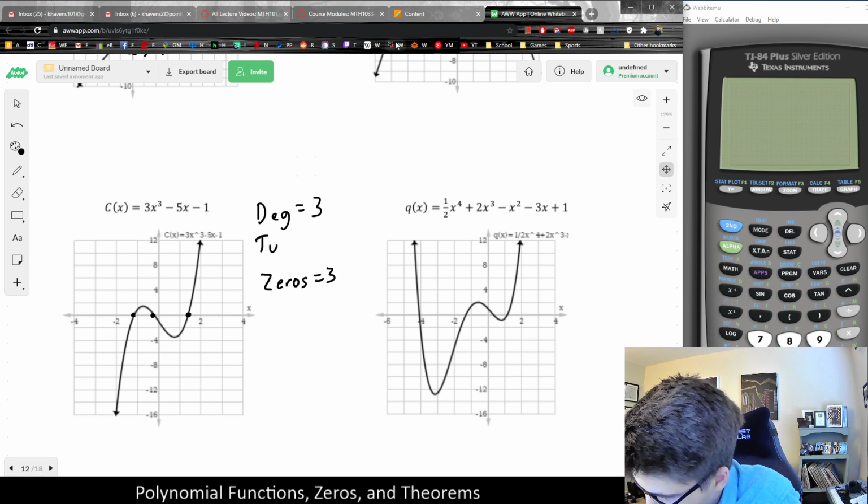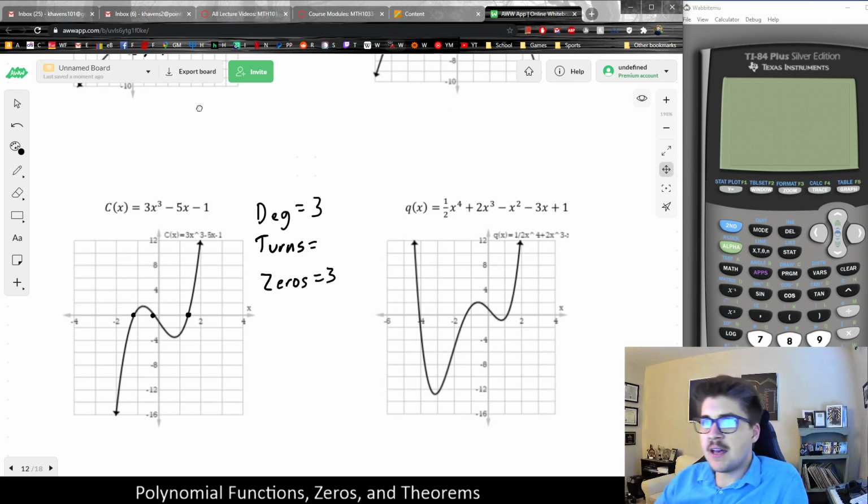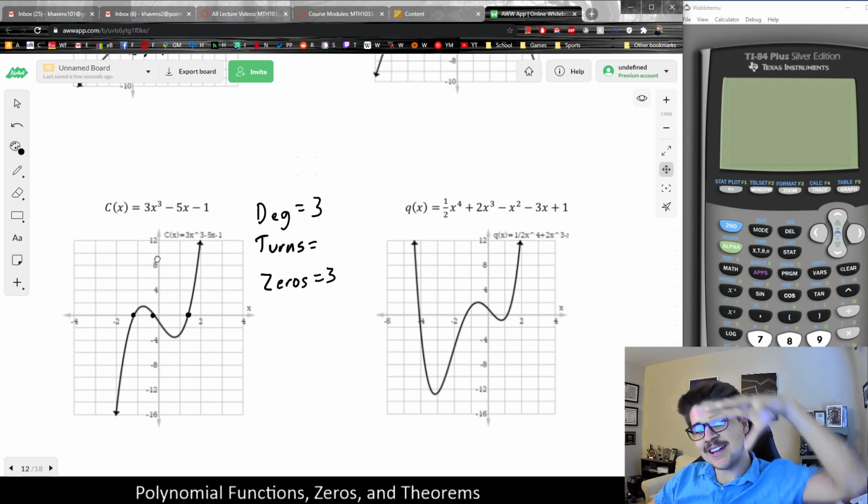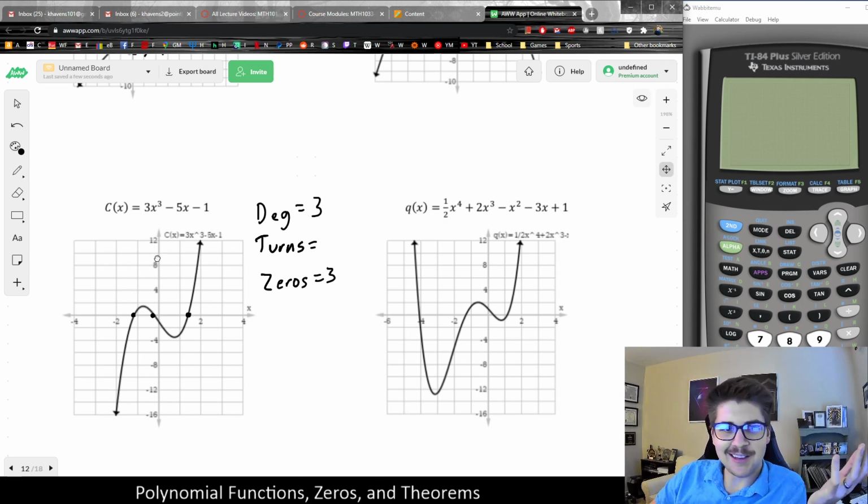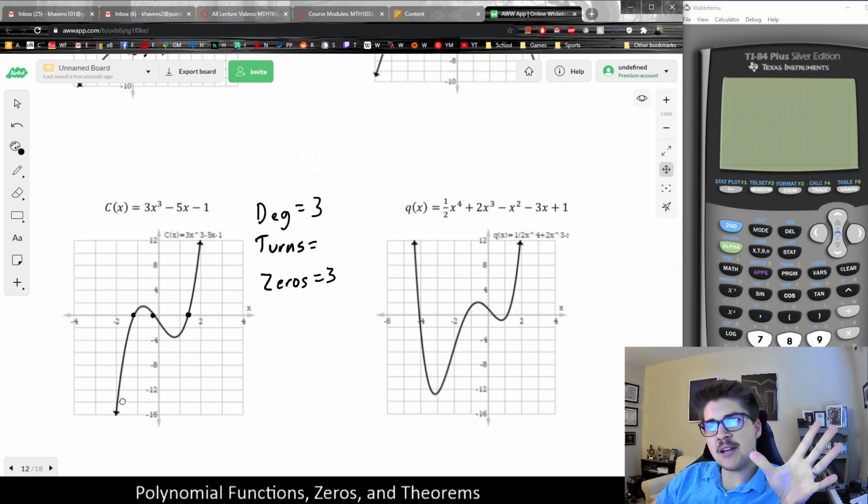And if we're looking at the number of turns it has, I like to look at it from left to right. Notice that it sort of turns to the right at its local max, and then it turns left. I kind of look at an overhead view if you're wondering, how do you know what is left and right? Sort of like imagine I'm driving in my car, and if I'm swerving around like this, I'm making a sharp right turn and then a sharp left turn. Though technically it's not sharp, it's smooth. Sharp means something else mathematically, but